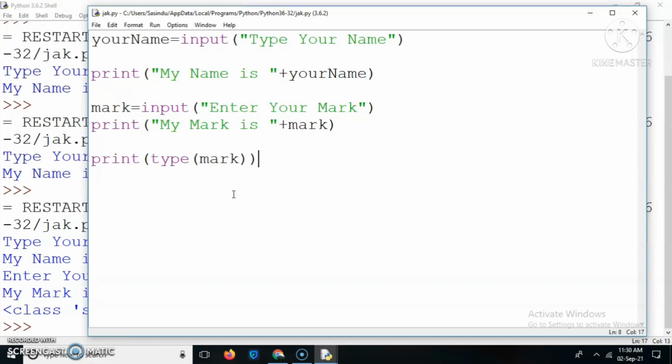For that purpose, we learned earlier in the casting lesson how to cast a value. Then in the future, we will do more examples taking user inputs. We use those inputs for some calculations, some other purposes. Thank you very much for